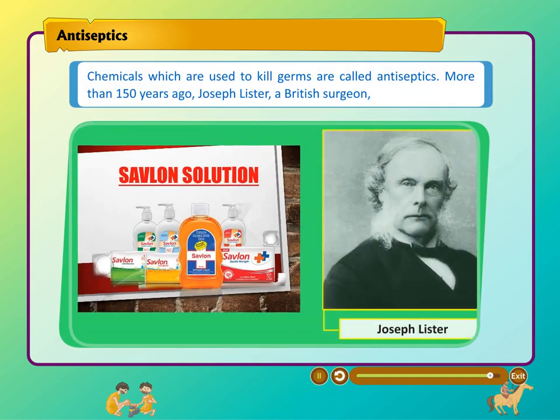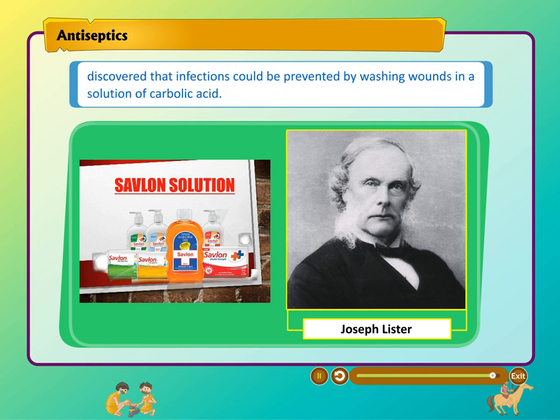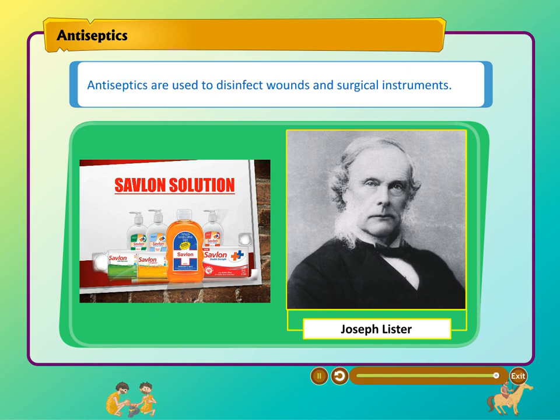Antiseptics. Chemicals which are used to kill germs are called antiseptics. More than 150 years ago, Joseph Lister, a British surgeon, discovered that infections could be prevented by washing wounds in a solution of carbolic acid. Before that, many patients used to die of infected wounds, especially after surgery. He had discovered the first antiseptic. Antiseptics are used to disinfect wounds and surgical